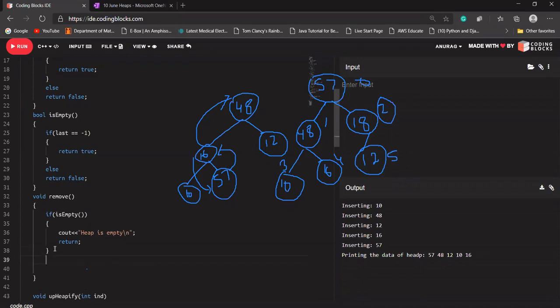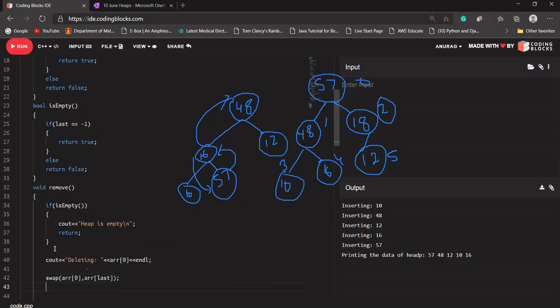So I'm going to print a statement first, deleting the value at index 0. What you need to do is just swap array of 0 with array of last.